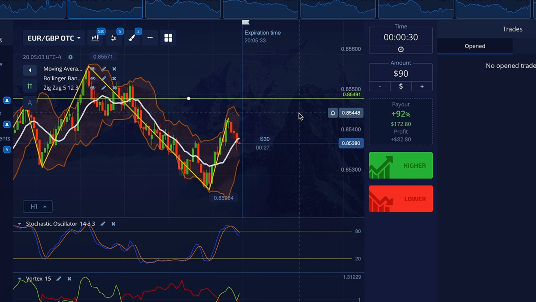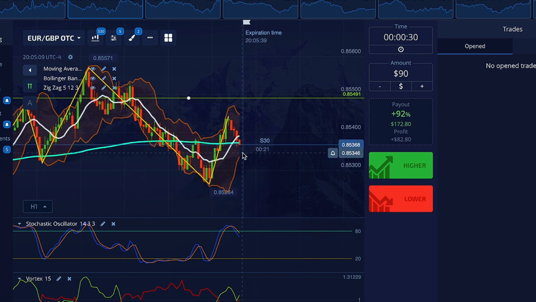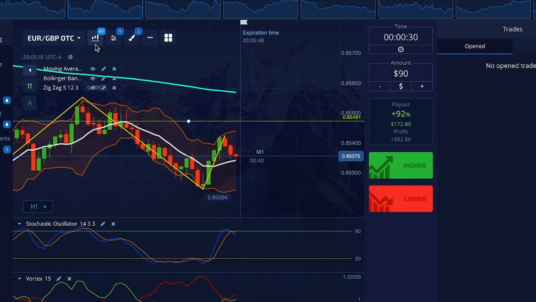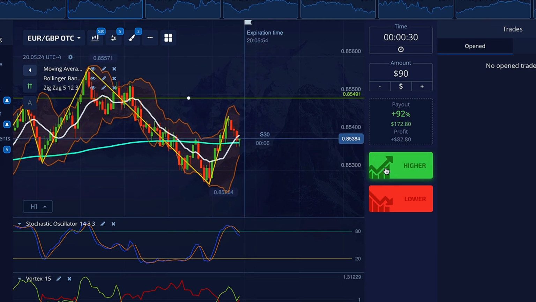So for clarification, go to the lesser time frame. Boom, we've already passed this baseline, so looks like we're going to go to the bottom Bollinger Band. And then on the bottom Bollinger Band on the 1 minute, that's what the baseline is going to be. So yeah, we're just going to wait for this. And actually, if we pull close to this Bollinger Band right here, this middle line,